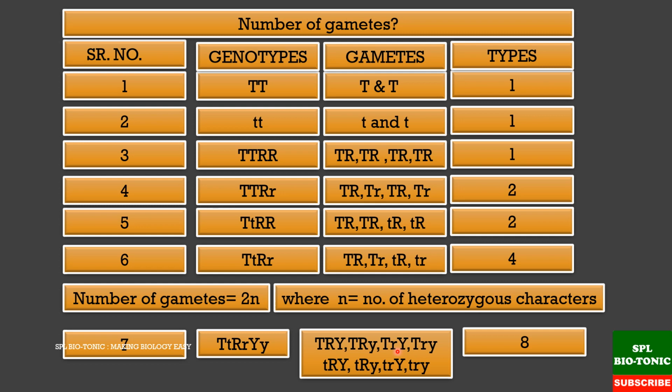So students, in the case of dihybrid cross, this is the F1 form, TtRr, and if we understand these 4 gametes, then we can understand dihybrid cross easily. It is said that well begun is half done. So once we know these 4 gametes, we can solve the types of dihybrid crosses easily. So with this, we'll continue with the dihybrid cross.